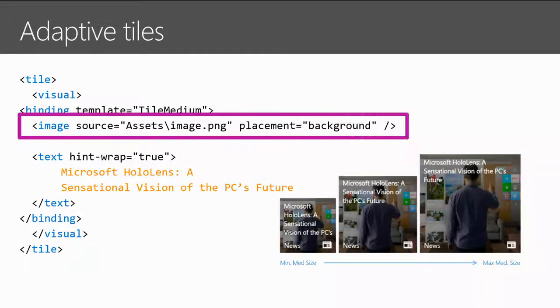Another piece to kind of look at is I can also add images. In fact, I can add way more than just one image inside my tile. We'll see some samples of that here in just a second. So in this case, I'm calling from inside my package, right? This is my assets folder, and I call into an image in my assets folder. I don't have to. I can call out to the internet if I want to, and that's a big change